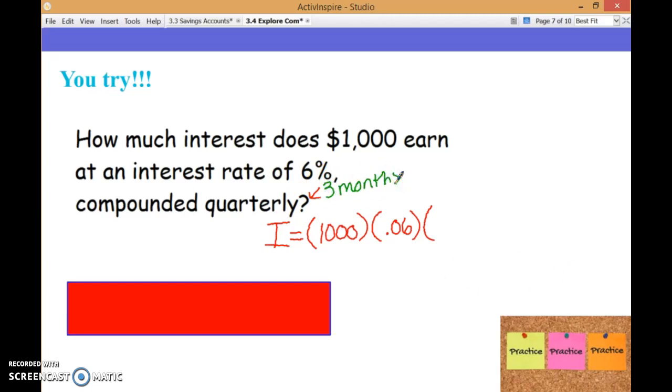So again, my time is always in terms of years, so I have to put in 3 over 12 here. Again, when I plug that into my calculator, it looks like I am going to get $15. Therefore, my new total, or my new balance after 3